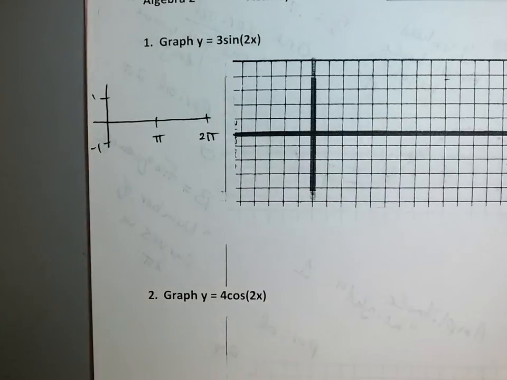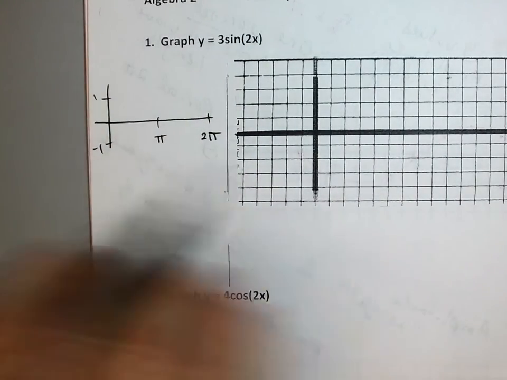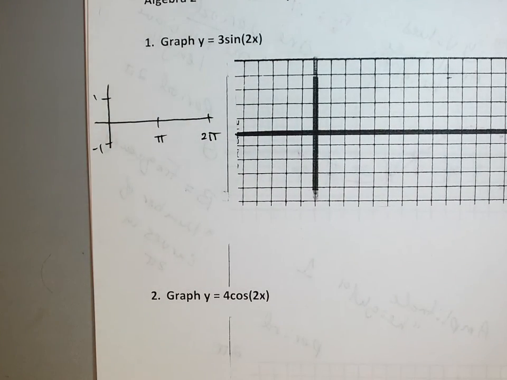And when I graph these curves, they really have 5 key points. When I graph these, it's really important you see this. It starts at 0, it ends at 0, and halfway it's at 0. Watch. When I do a sine curve, it starts at 0, goes through pi at 0, and 2 pi at 0. At pi halves it's up at 1, and 3 pi halves is down at negative 1. So those are the 5 important points. I need to know that because I'm going to try and put those 5